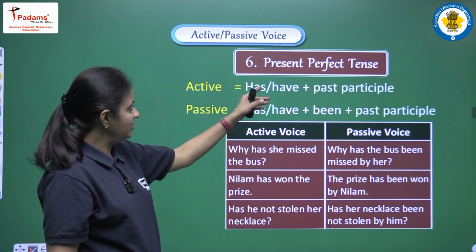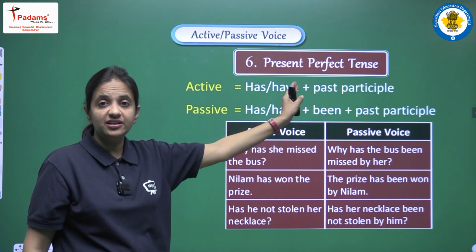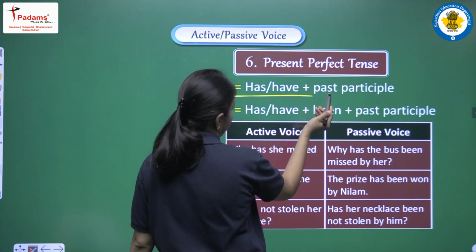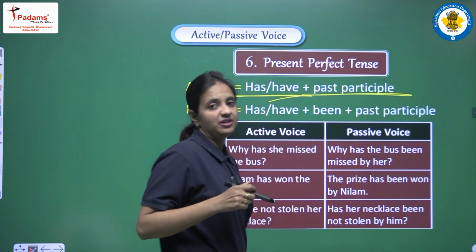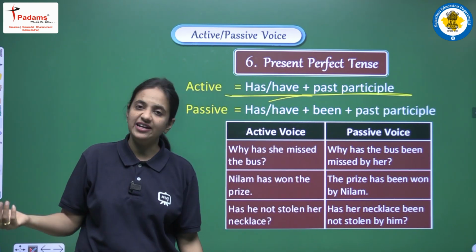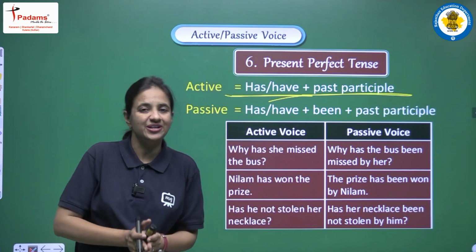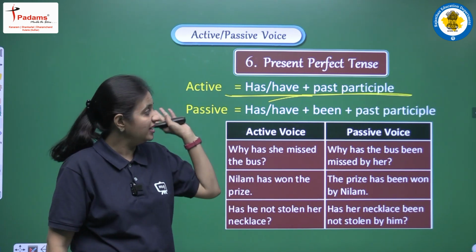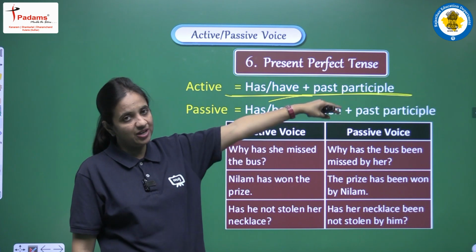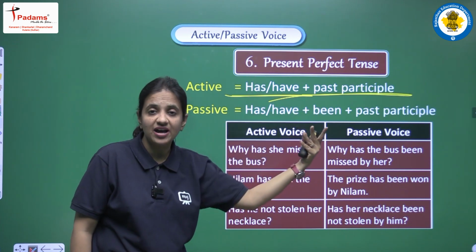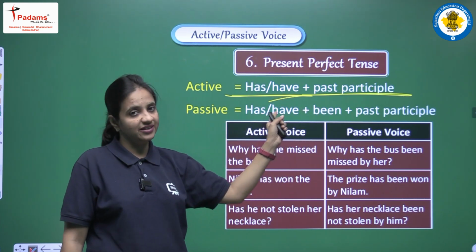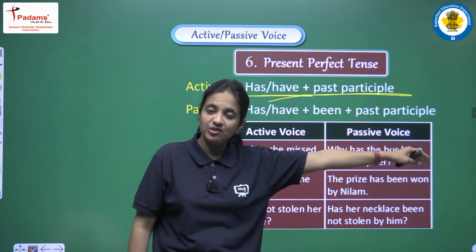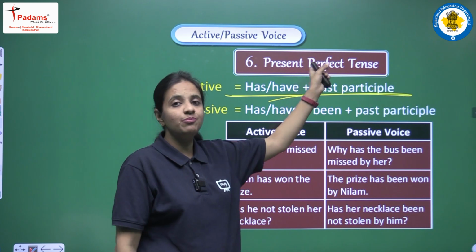Next tense that we are having here is present perfect tense. So present perfect tense means has, have as helping verb, and past participle means third form of the main verb. We have already done all of this in a lot of detail, so now we are not doing it in detail. We are just talking about the helping verb and main verb of the tenses to identify what tense is there in the sentence. So if we are having has, have as helping verb and third form of the main verb, it means we are having present perfect tense.